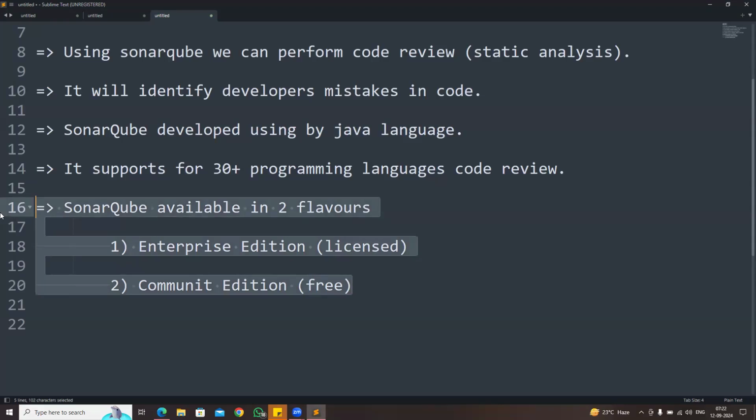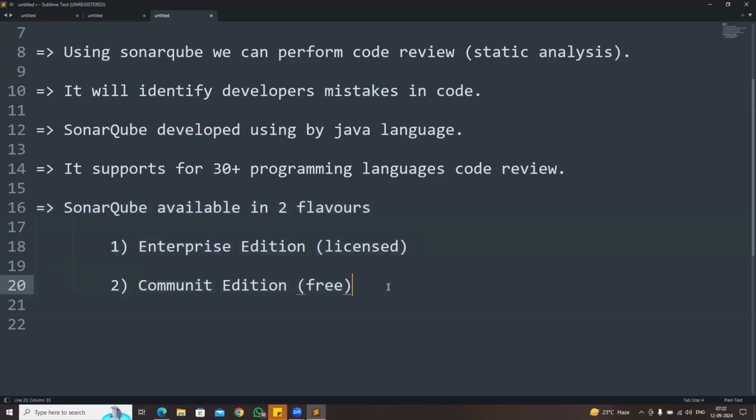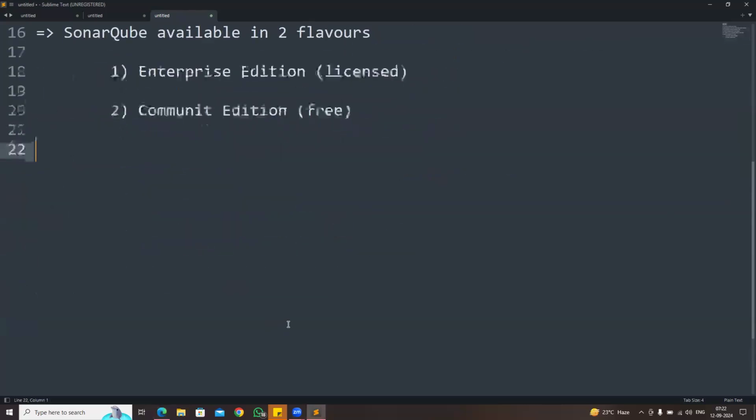There are two flavors available. One is called Enterprise Edition. Another one is Community Edition. Enterprise Edition is a licensed version. Community Edition is free. Okay, and when you perform the code review by using Sonar, what kind of issues will Sonar identify in our